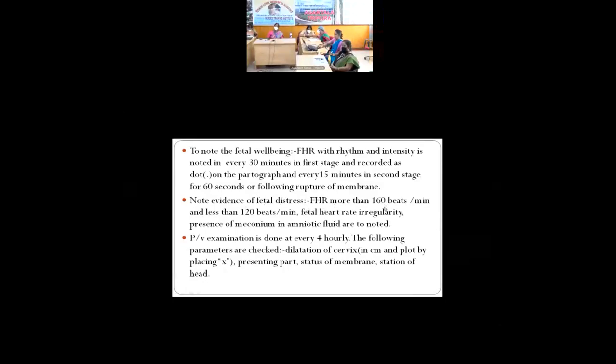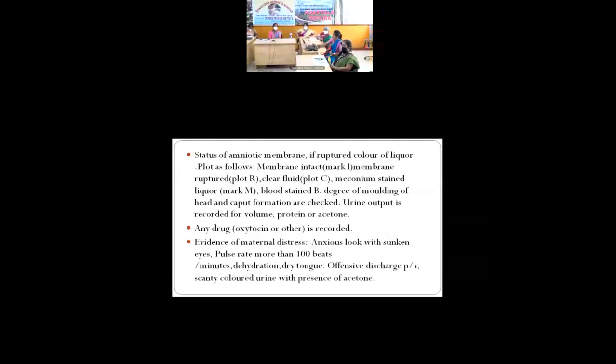Note the evidence of fetal distress, that is FHR more than 160 beats per minute, less than 120 beats per minute, fetal heart rate irregularity, and presence of meconium in amniotic fluid. PV examination is done every 4 hourly. The following parameters are checked: dilatation of cervix in centimeters, plotted by placing X, and presenting part, status of membrane,